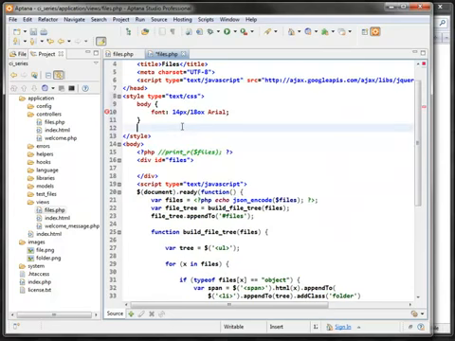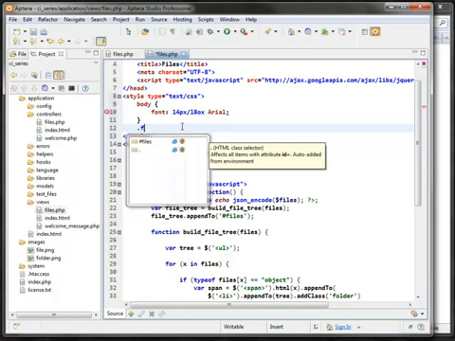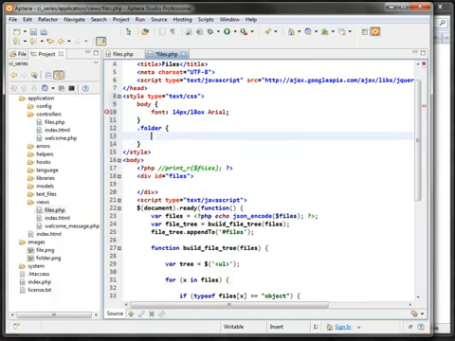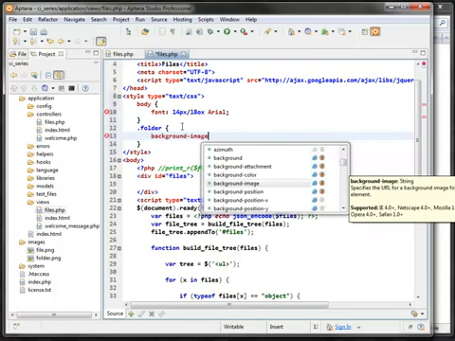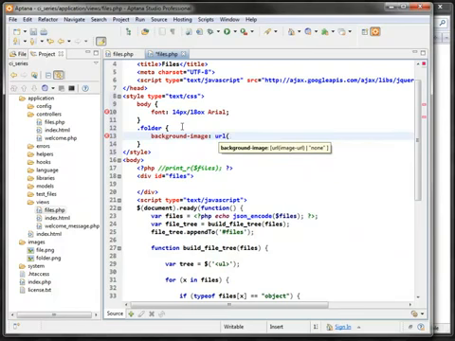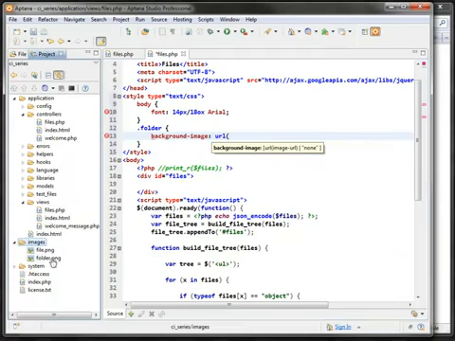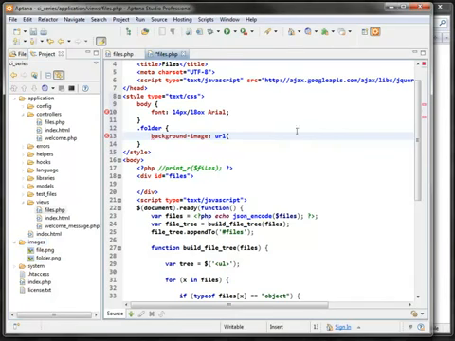The folders will receive a background image of, I would like to use in the images folder I showed you, there's folder.png. I would like to use that image. So I would refer to it as the base URL / images folder.png,